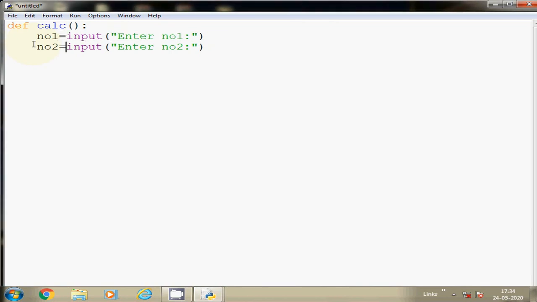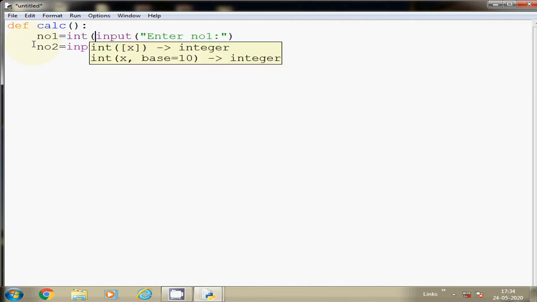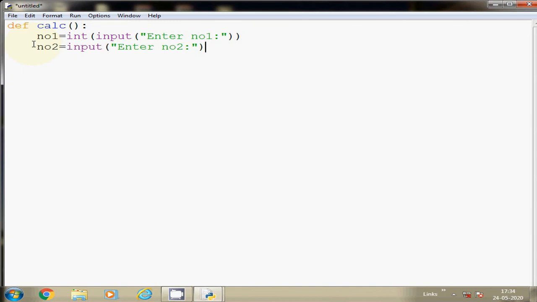Okay, now both are numbers, so we need to use input, then bracket, again typecast this also. It is called typecasting when you are converting a number from one data type to another data type.